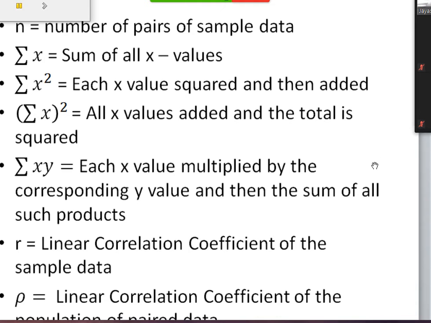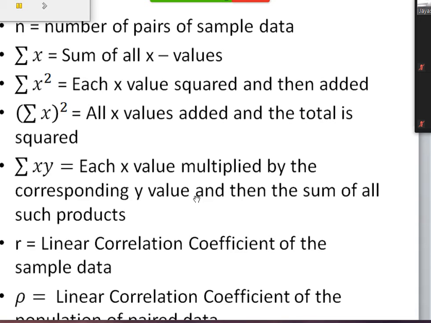N equals the number of pairs of sample data. Sigma x equals the sum of all x values. Sigma x squared is equal to each x value squared and then added. And then sigma x in parentheses squared equals all x values added and the total is squared. Sigma xy is equal to each x value multiplied by the corresponding y value and then the sum of all such products. R is equal to the linear correlation coefficient of the sample data and then